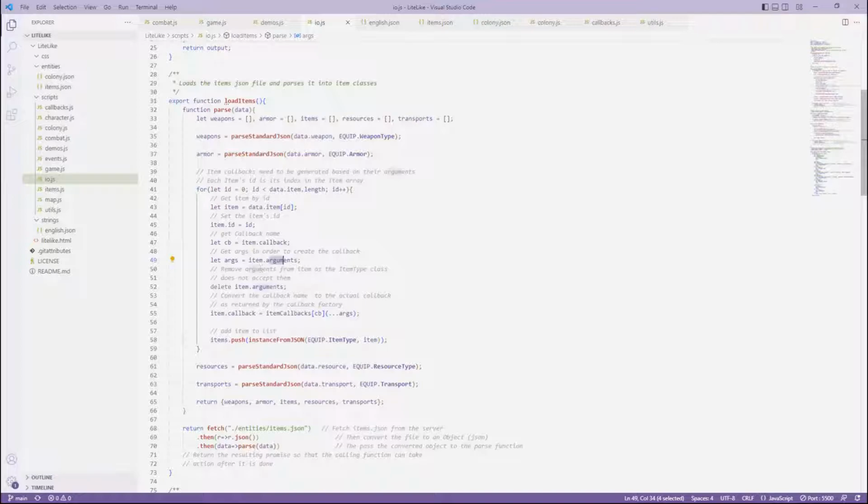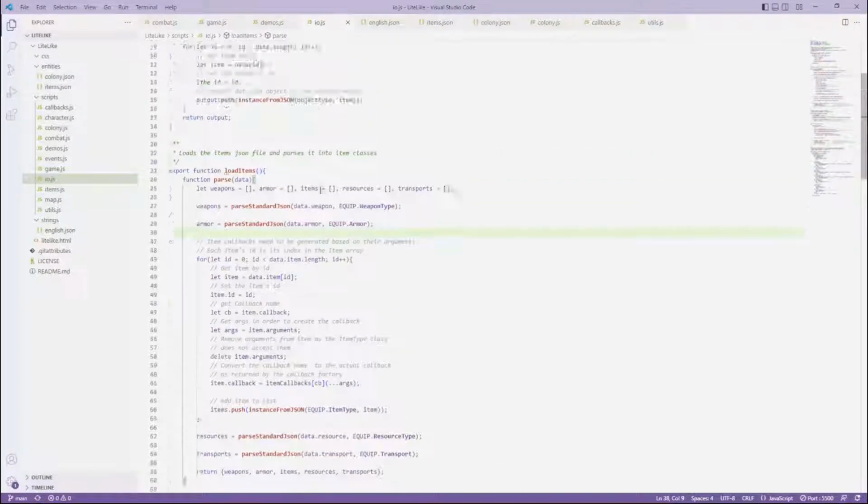Obviously, item arguments gets deleted in theory, but if we, for example, well, I guess parse standard JSON isn't really set up for it. I was going to say, if we iterate through by ourselves to get references to, actually, yeah, you know what? We can do that. So we can use parse standard JSON to get items, and then we can iterate over both at the same time. All right, I take it back. If we, because of the way we're doing this,